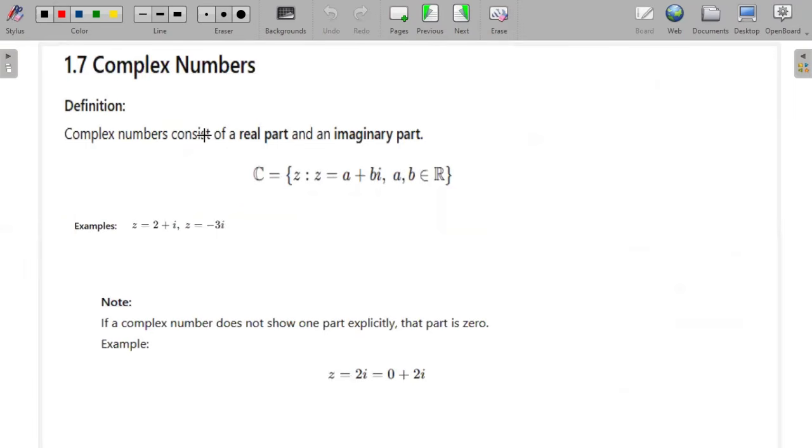Okay, complex numbers, by the word itself, complex. So it's something that is complex, right? So the complex numbers, they consist of two parts. So there's the real part and the imaginary part. So when you combine the real part with the imaginary, then you come up with something which is complex, right? Okay. So a complex number is a number that consists of the real part and the imaginary